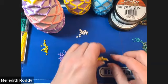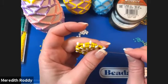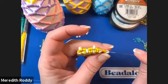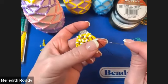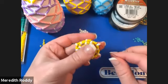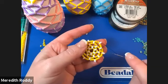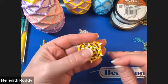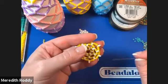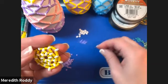So I did my step up, and I always like to double check, especially if I put my work down for a moment, that I did also go back through my Superduo. So my thread is exiting from the top. And now I have done my adding 1 here, adding 2 here, adding 3 here. So any guesses for what's coming next? Yes, it is adding 4. So we are going to pick up 4 size 8s, 1 Superduo,